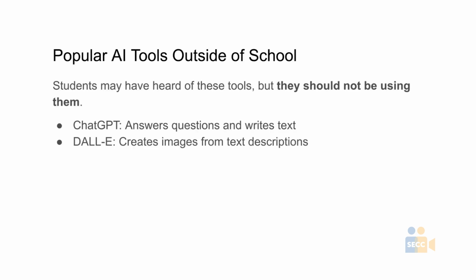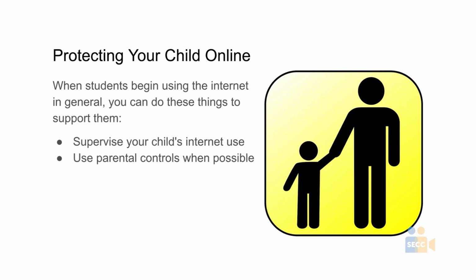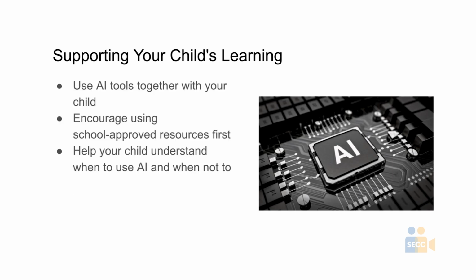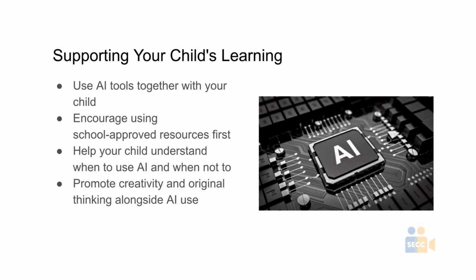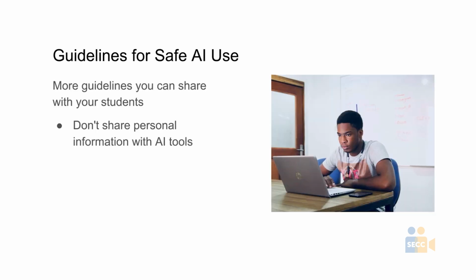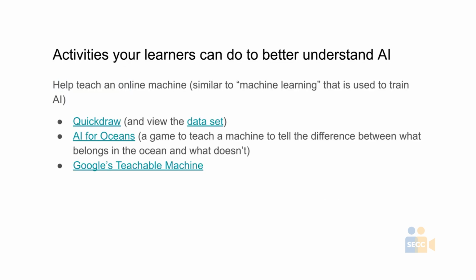We are down to the end, but I am going to show you what else you have here. How you can protect your child online, which my digital citizenship presentation next has a little bit of this too. So I have some tools for you, some ideas for you here. Also, some ways that you can support your child around AI specifically. Some guidelines for safe AI use, helping your students know how to be safe online, what you can tell them. And finally, hold on, I'll come back to that. Some tools you can do with your students. I wish I had time to demo them.